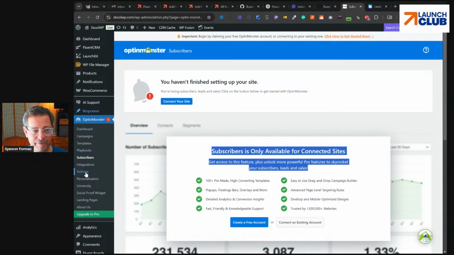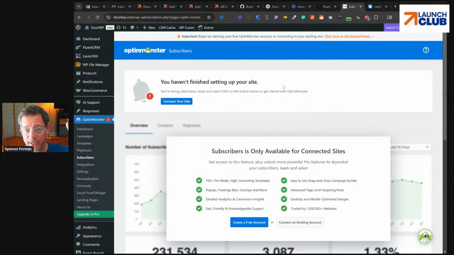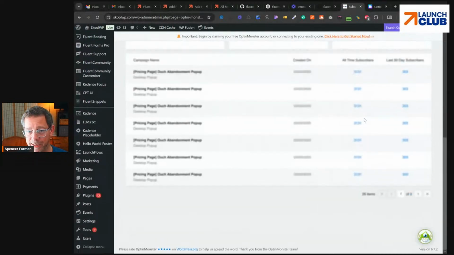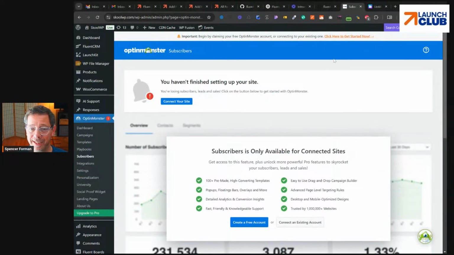Every single thing on 11 menus is upsell. But according to Mullenweg, and according to the nice guy who was in charge of following his orders, if LaunchKit had a free plugin that had one link that said upgrade to Pro, not even a banner, Spence is a bad guy, which we all know is nonsense. That was just because Spence was saying things that spoke the truth about what's happening in the politics of WordPress. And Mullenweg and the people working for him right now live in fear of his next move. I am no longer worried about that because there's nothing I have that he can take away.